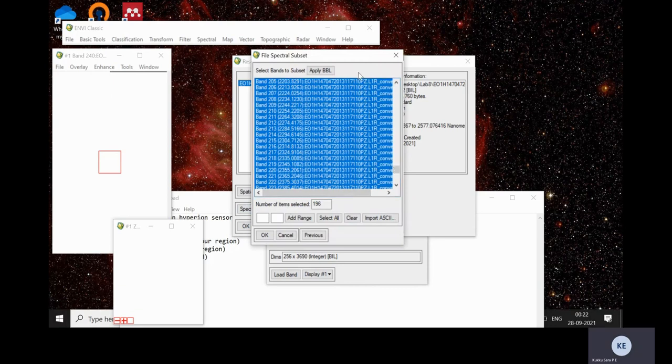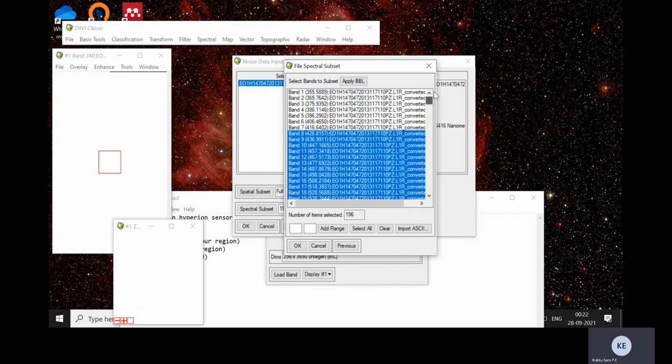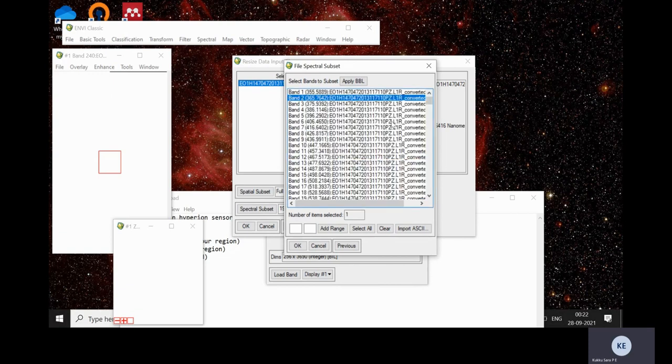Here you can see all the bands of the selected data set. From this we have to select whichever bands we are going to use. We'll not select the bands which are not having any information.